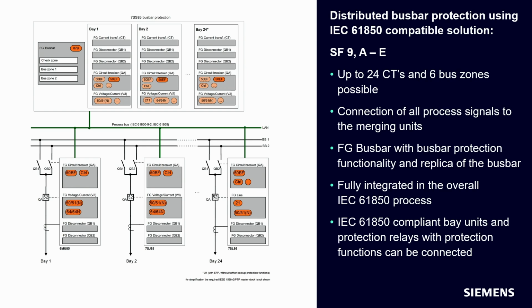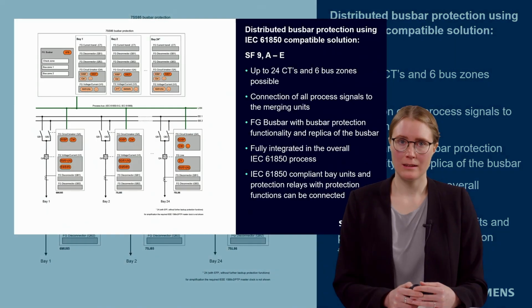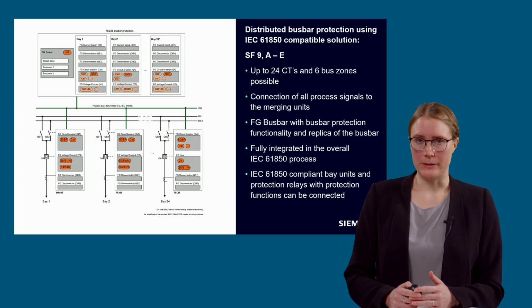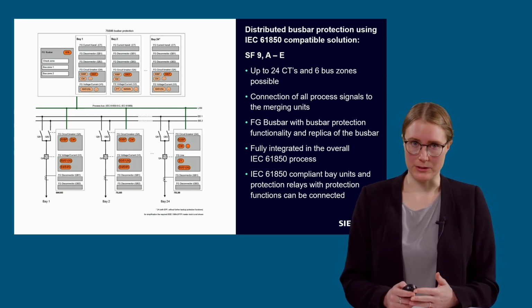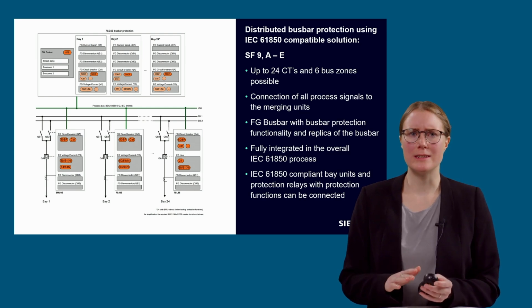On the slide, the end fault protection 50EF is shown in the darker orange. The circuit breaker failure protection and the backup protection functions in the function group voltage current 3-phase can be configured in the merging units or in the central unit. They are drawn in a lighter orange on the slide. We recommend parameterizing all additional functionality mentioned before in the merging unit to keep the processor load in the 7SS85